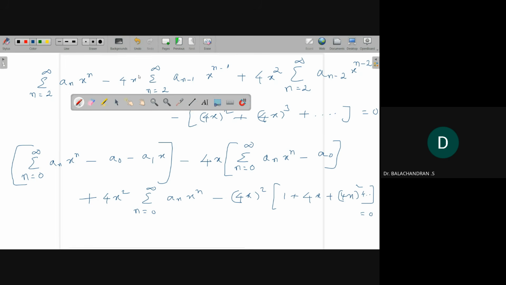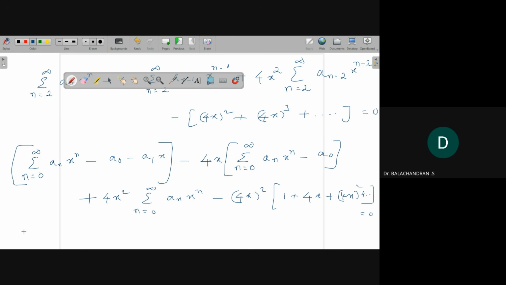So now this is what? G of x minus a naught. A naught is I think 2. A naught is 2. A1 is what? 8 minus 4x into this series is g of x